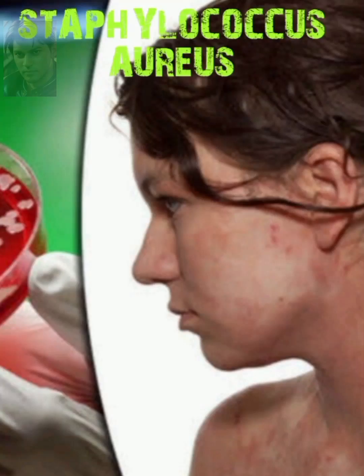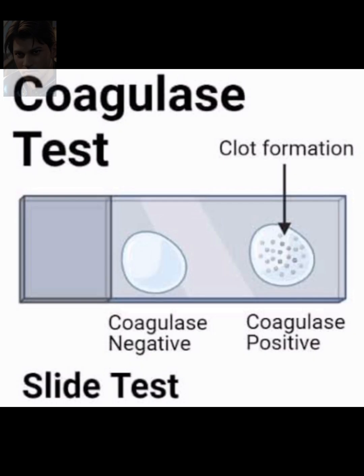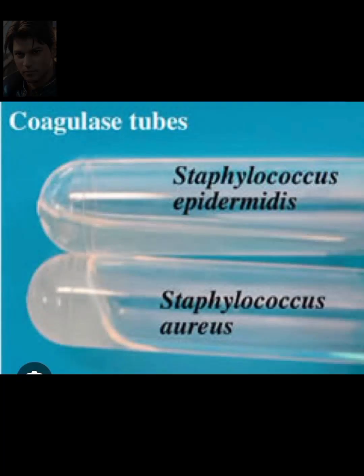The genus Staphylococcus has at least 35 species. The three main species of clinical importance are Staphylococcus aureus, Staphylococcus epidermidis, and Staphylococcus saprophyticus. We can differentiate all these species on the basis of the coagulase test. Staphylococcus aureus produces the enzyme coagulase. That's why it is coagulase positive. And the other two species of Staphylococcus, like Staphylococcus epidermidis and